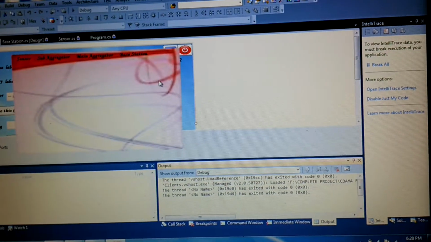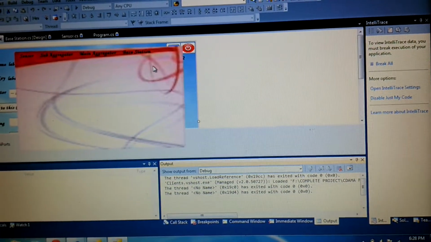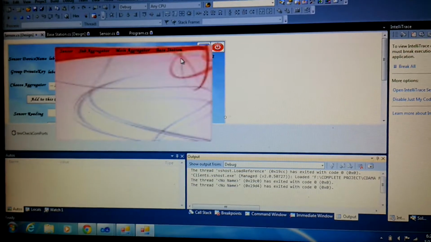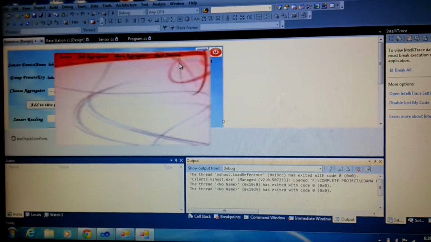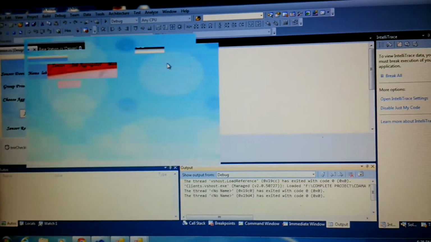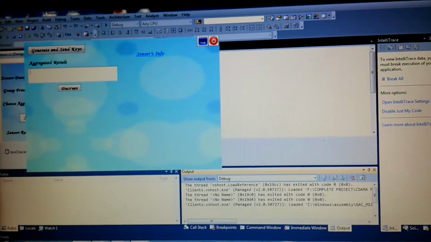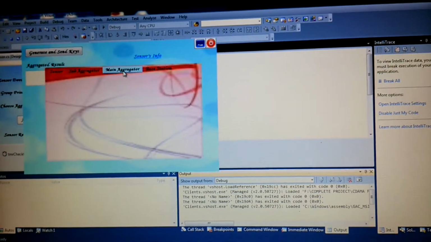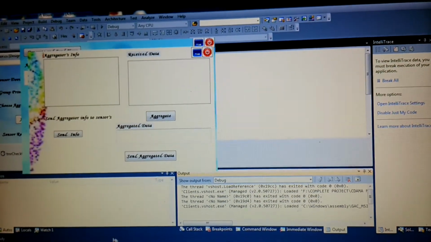This video demonstrates the output of my project, a novel approach for rectification of data aggregation scheme for multiple application wireless sensor network. Here we are having one base station. You can't choose more than one base station. Similarly, you can have only one main aggregator, and